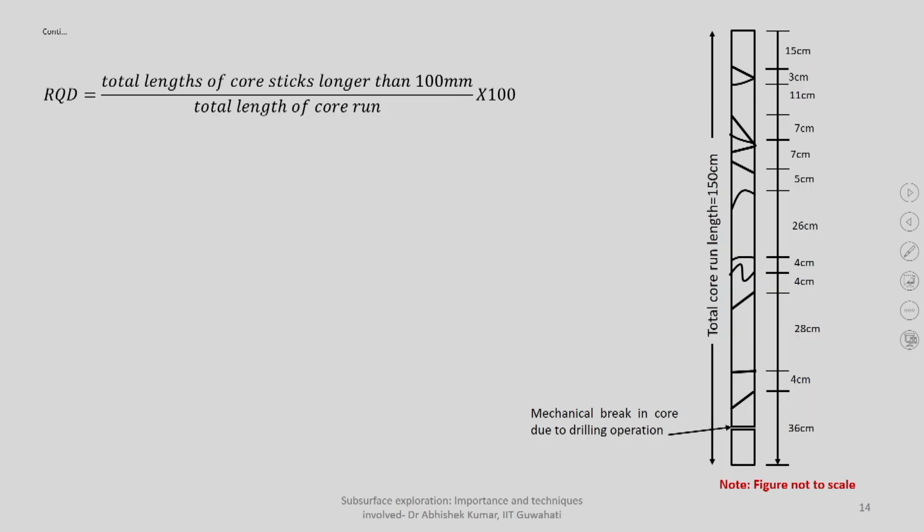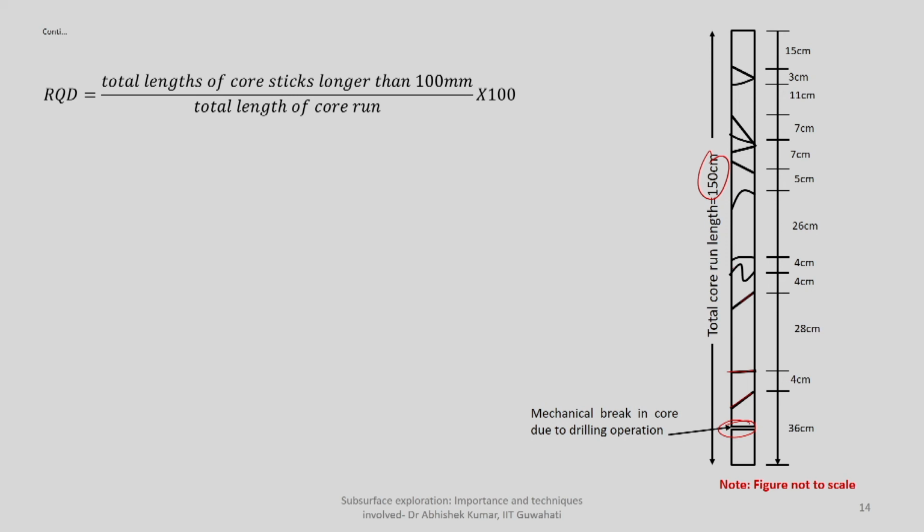So how do you determine RQD? Suppose you collected some rock sample from a particular site and brought it onto the surface. You can consider this entire rock core, 150 centimeters, as the total length of the core you had drilled and brought onto the surface. Now you can see here, because of mechanical vibration during drilling, it was shaking and it broke this core. But overall it has some discontinuities or cracks at different segments, which are available in its natural condition below the ground level.